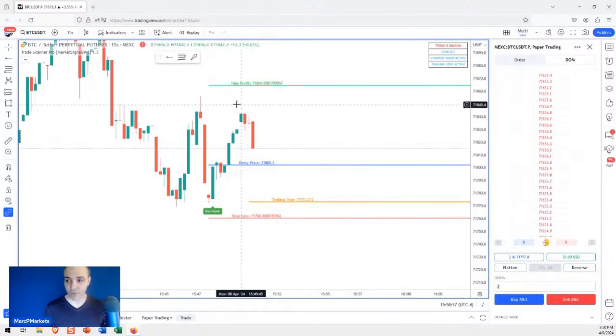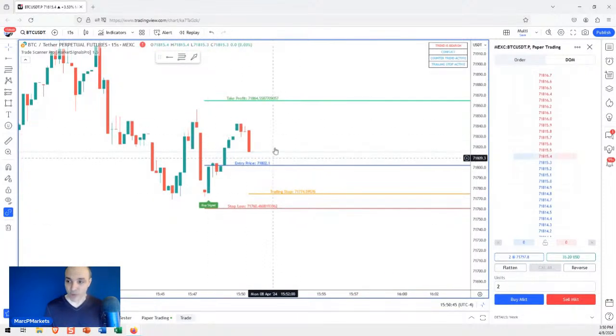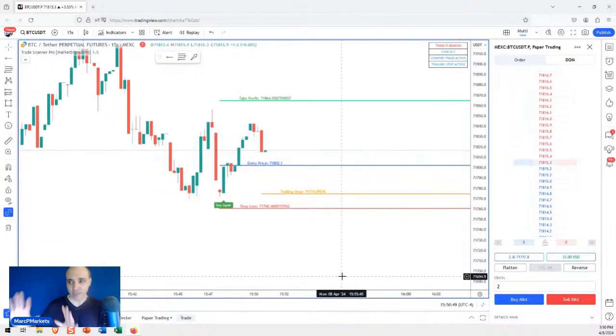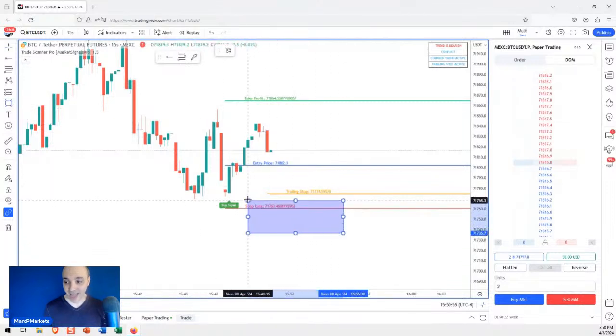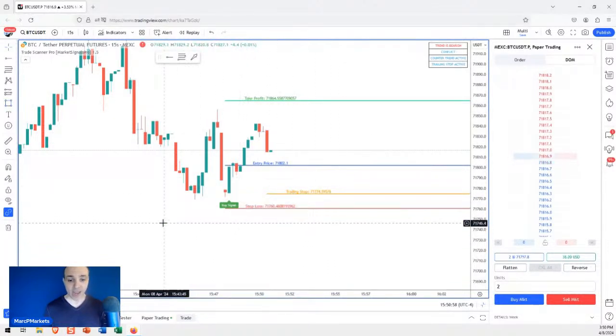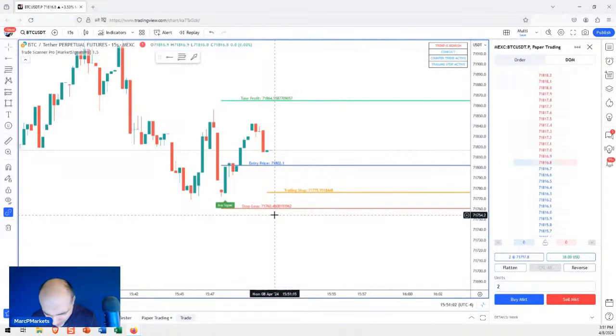See, now this thing is going the wrong way on me. All right. It's back to break even. I may just blow it out, or maybe I'll just let it go to the trailing stop so you can see what happens. But at this point, I would probably just get out of it because I don't like the way this looks. But all right, let's just leave it up to the orders here. Now, one thing I have to say as we watch this is you must at all times respect the stop. I cannot emphasize that enough.